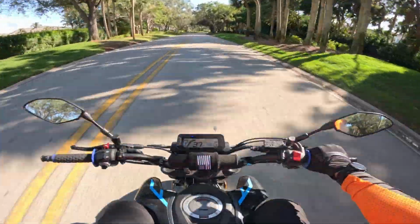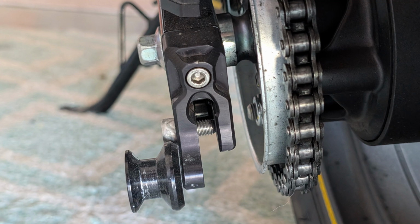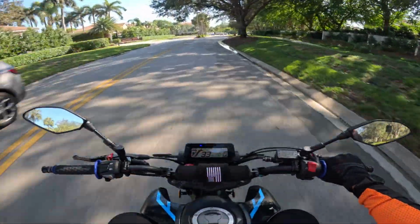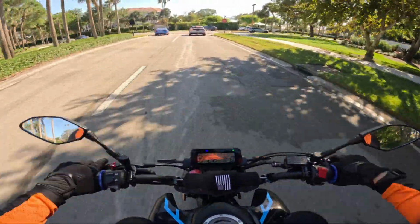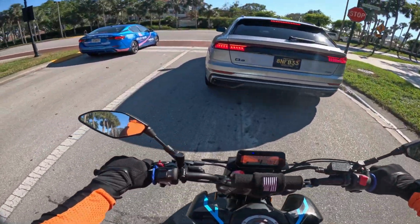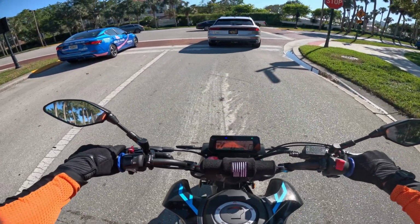All right, so the spool and adjuster combo replaces the stock chain adjuster and makes it a lot easier and more accurate. I highly recommend it. It takes maybe half an hour to an hour to install, but I think it's totally worth your time, because it's going to make adjusting your chain a lot easier and stress-free, pretty much. So I can't recommend that TST enough. I forget exactly what it's called, but I'm already ready to move on to the next one,